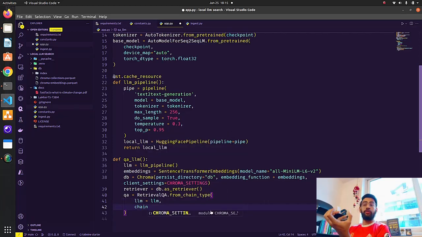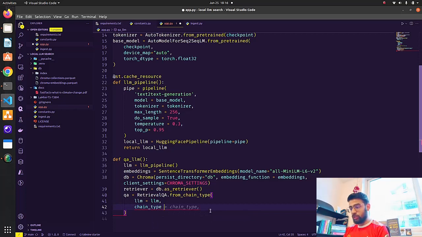Let's keep it stuff. Now chain type is also very crucial. For a summarization task you use MapReduce, right? It depends on what kind of chain type you are using; it totally depends on the task that you have. MapReduce is there, and then I think there are 4, I completely forgot the other 2: MapReduce, stuff, and a couple of others as well. So the chain type equals stuff,